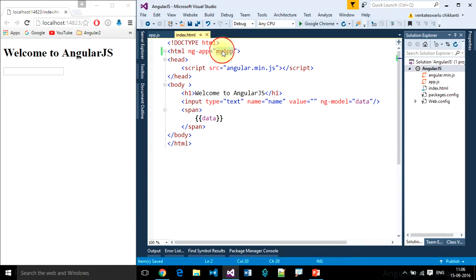On top of this module we can create anything. On top of this module we will create controllers, services, filters, directives, whatever in AngularJS. This is the starting point of our Angular application. Without this our application will not work. Our Angular code will not work without this.